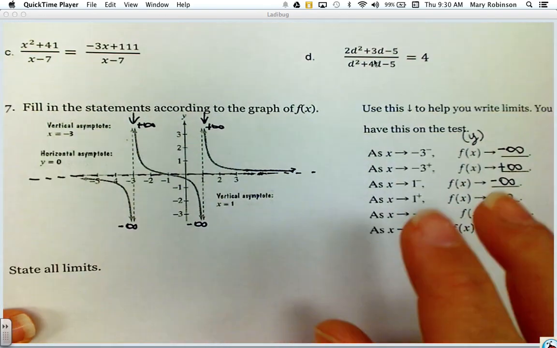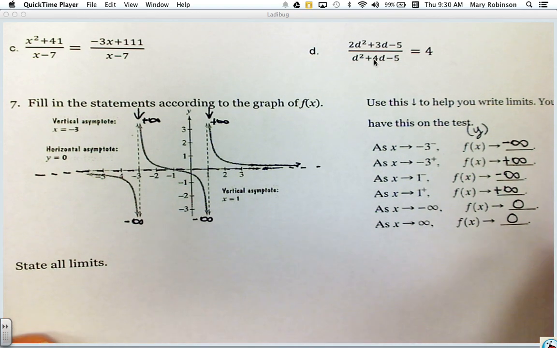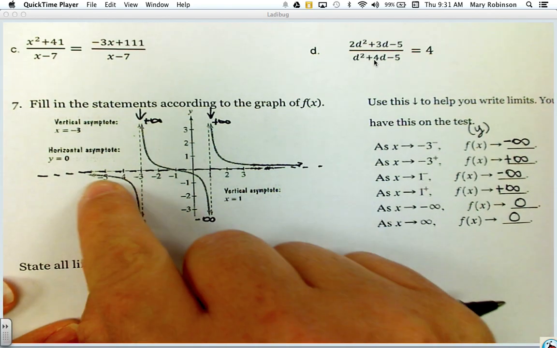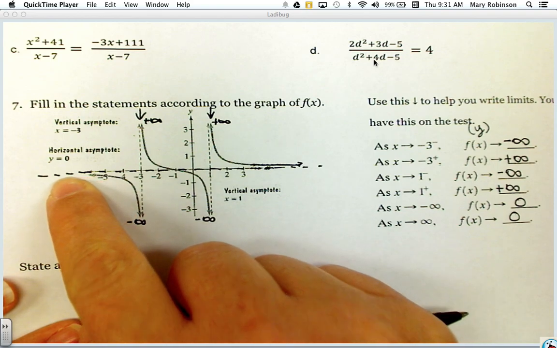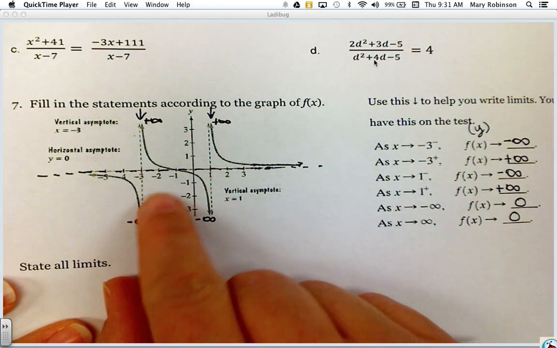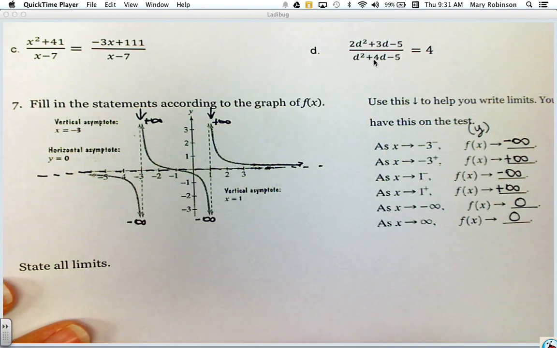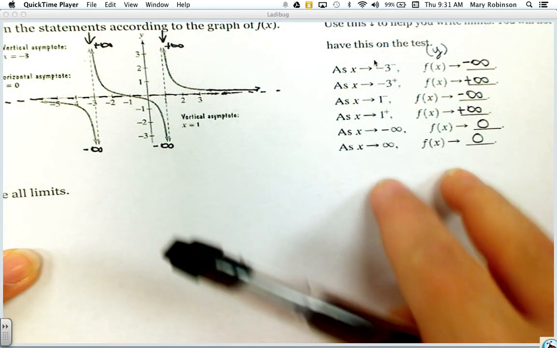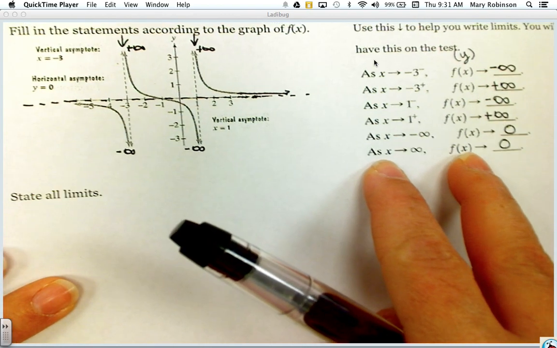So hopefully you're understanding, relating this back to end behavior. What's just different now is we're looking at the behavior not only as it approaches positive and negative infinity, but at different parts in the graph because of these asymptotes. But next we have to be able to write limits. So this is a tool to help you, but let me show you now how you have